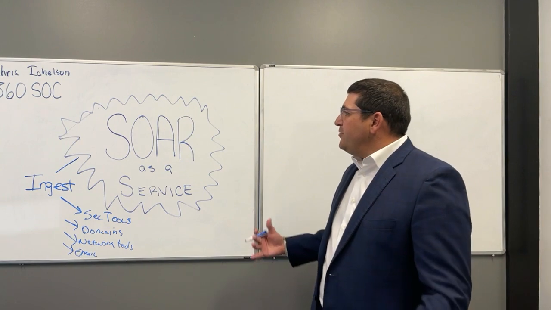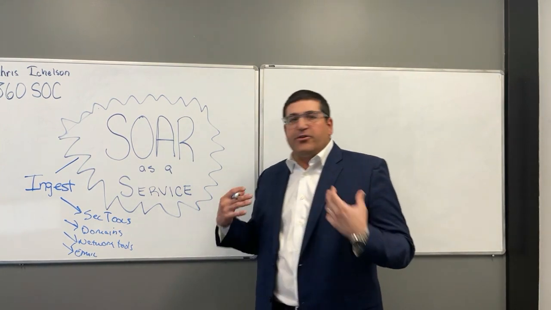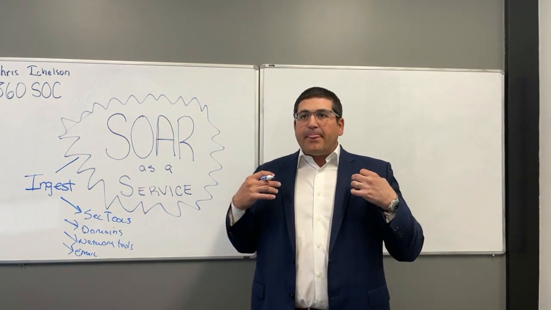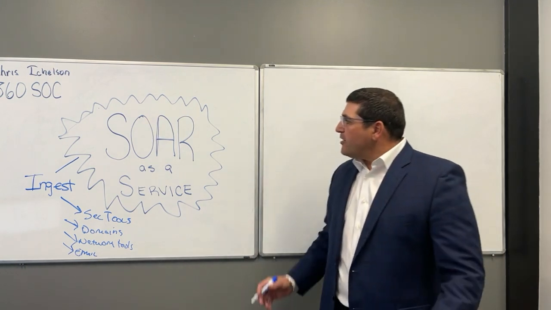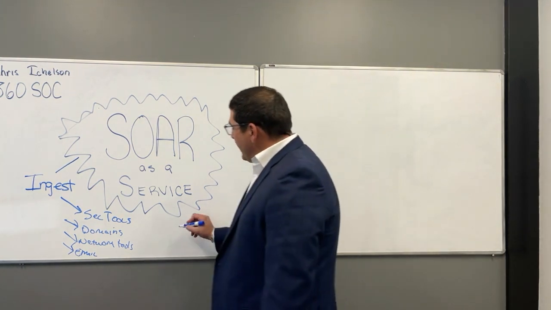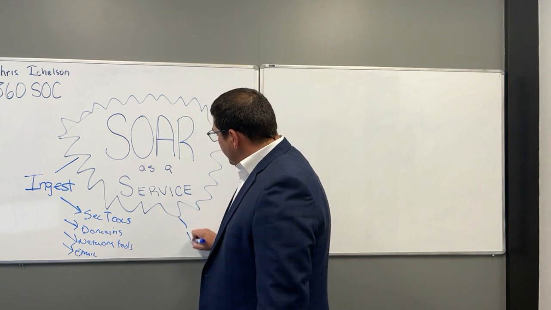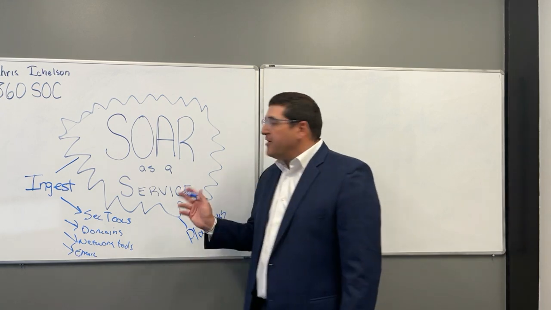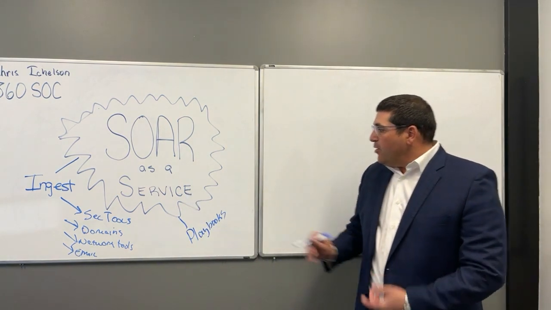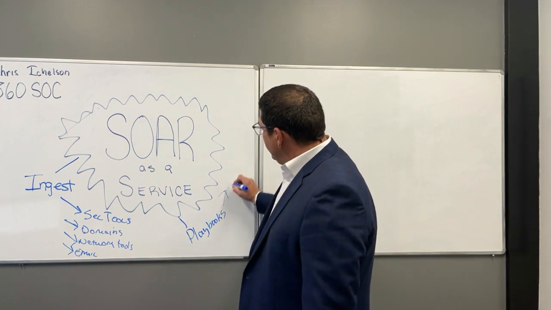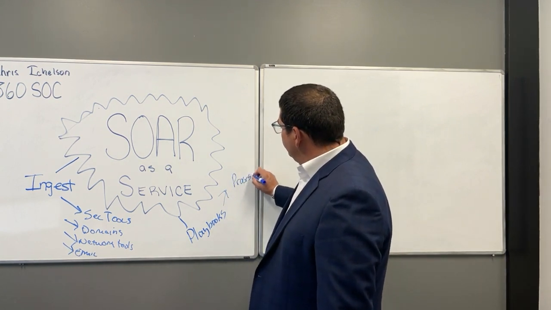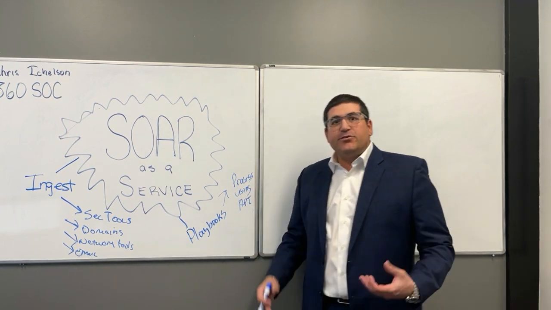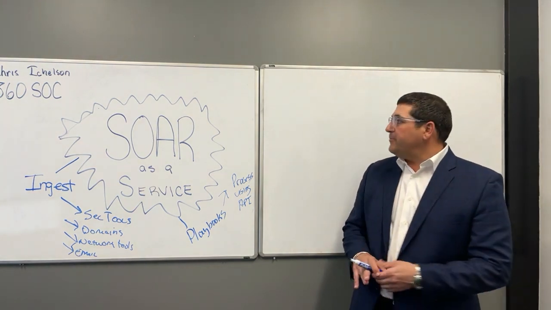So the first thing that we're going to do in the SOAR world is we're going to ingest. We're going to ingest alerts. We're going to ingest reports. We're going to ingest processes. And we're going to call upon those processes by using things like playbooks. Playbooks are an important part of what is going on with the security orchestration automation response platform. A playbook is a process. It's using an API to connect to the various technologies to act as a centralized platform.